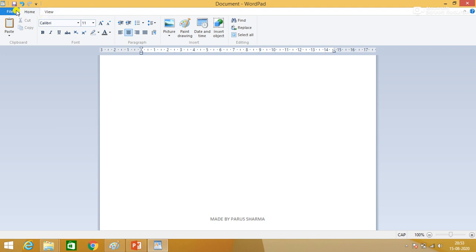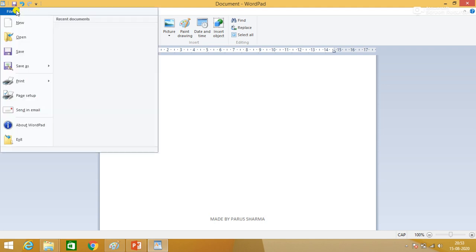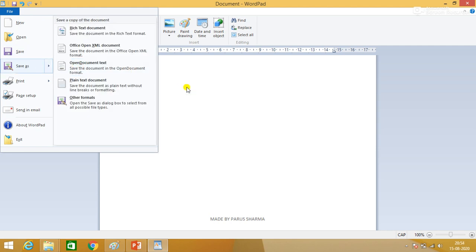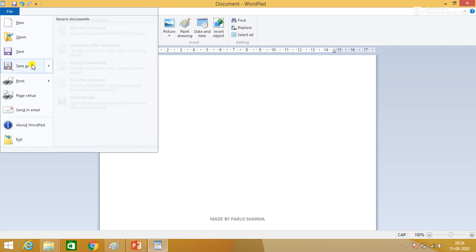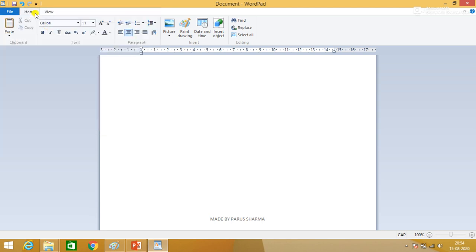In the File tab there are main window control options, like if you want to open or save any file in the computer, you can do it from here. The Home tab has the main options which we can use in our document to make it more attractive, or formatting options.